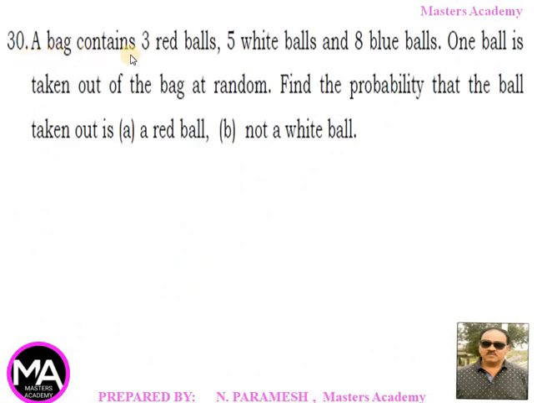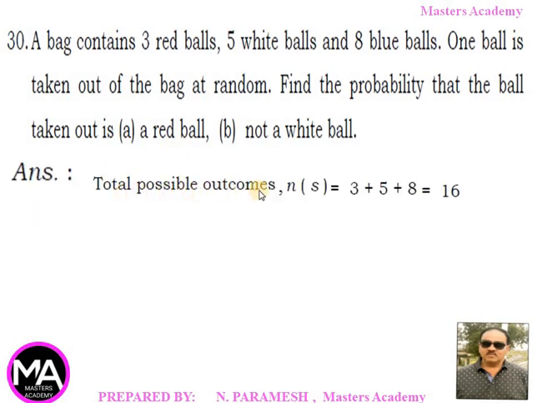30th question. A bag contains 3 red balls, 5 white balls and 8 blue balls. One ball is taken out of the bag at random. Find the probability that the ball taken out is: subdivision A question, a red ball; subdivision B question, not a white ball. Answer: total possible outcomes, that is n of S, is equal to 3 plus 5 plus 8,